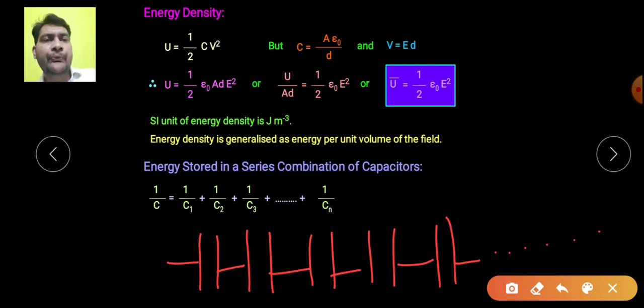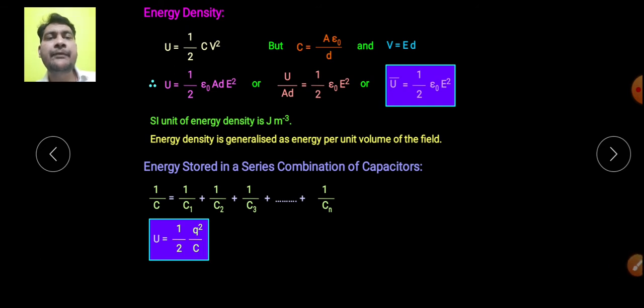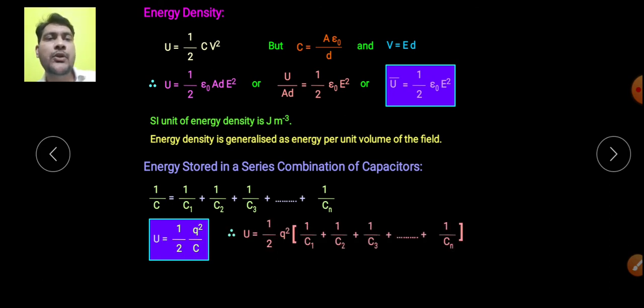And we know that in case of series grouping, equal charge is stored on each capacitor. Energy stored, we know, is equal to half Q square by C. Q is the total charge stored and C is the effective capacitance. If we put the value of 1 by C here, then total energy stored becomes Q square by 2, taken common,